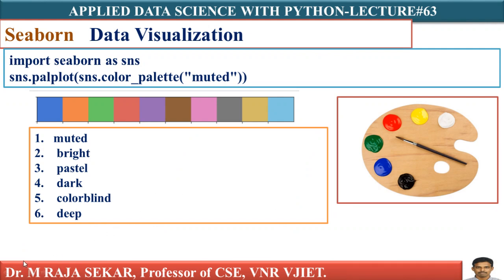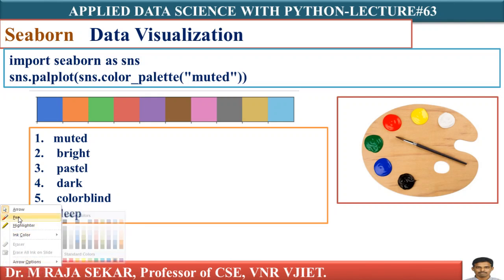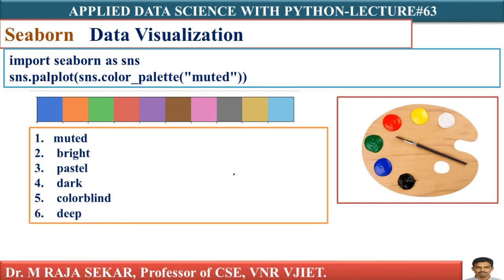Actually, there is something like palette. What is this palette? What does it mean? Forget about the Python programming language or the Seaborn library. What is the general meaning of palette? If you go through the dictionary, what is the English meaning of palette? Palette means a thin board or slab. Yes, it is a palette, isn't it? A thin board or a slab on which an artist lays and mixes colors. You can mix the colors, isn't it? Now,